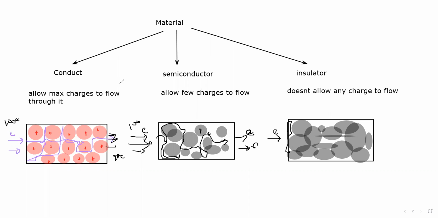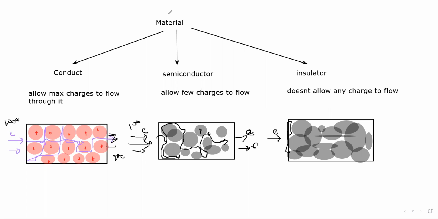So a material in terms of structure can be a conductor. All metals are conductors. It can be a semiconductor. The term semi means half, but actually it's not half, it is even less than half. If there are 100 electrons, few of them, like one or two electrons, find a passage to flow out, the rest are stopped by the molecules. An insulator does not have any charged particle within the structure, overall neutral atoms and molecules are there, that is why the electron does not find any space to go out. Is it clear? The material: conductor, semiconductor, and insulator.